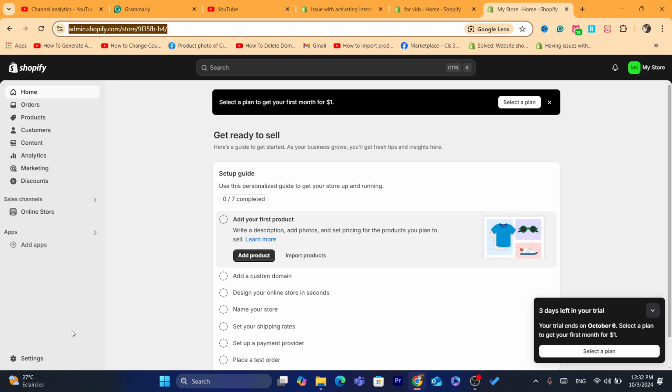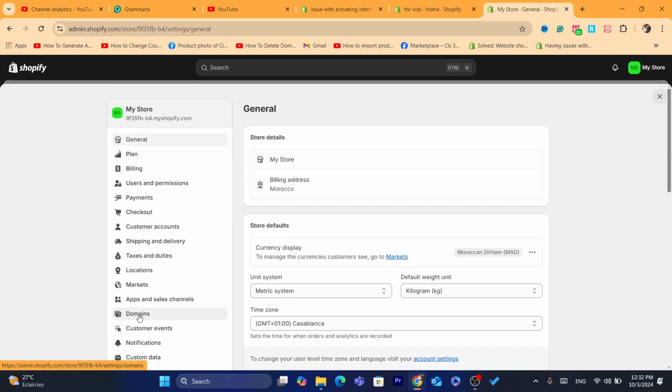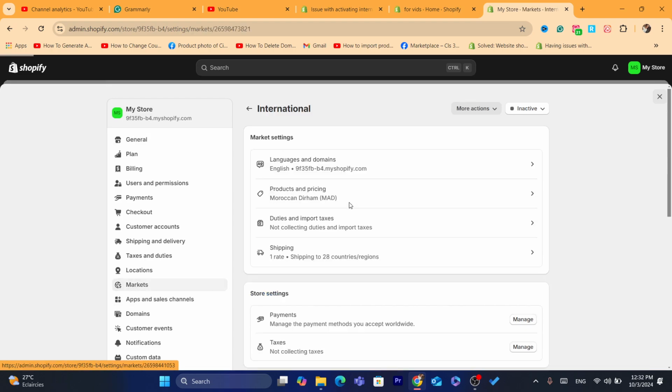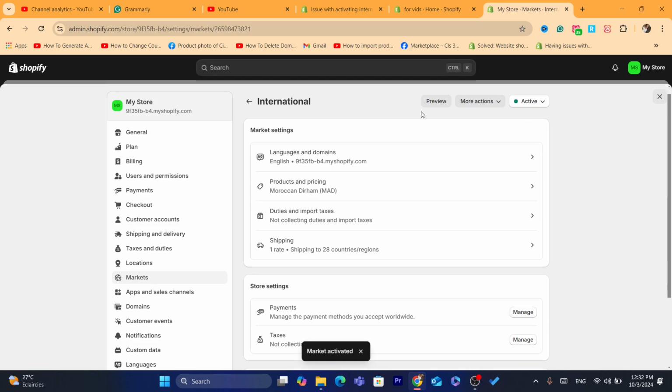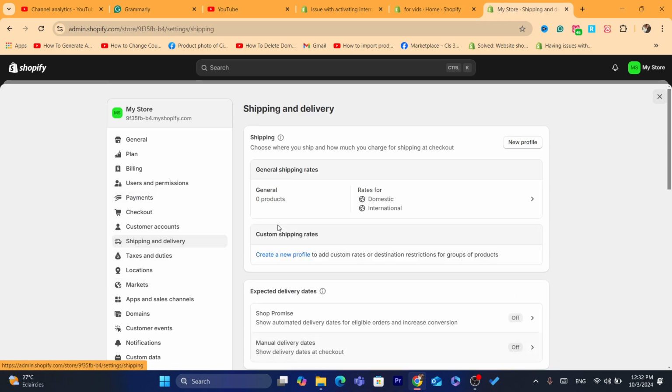Okay, I'm going to go again to settings. I'm going to go again to markets. As you can see, this is international. Now when I try to click on it, it seems like it's working, as you can see. But what you need to do is, after you activate it, you want to click here. If you are not allowed to activate it, you want to click on shipping and delivery, and you want to click here on general,